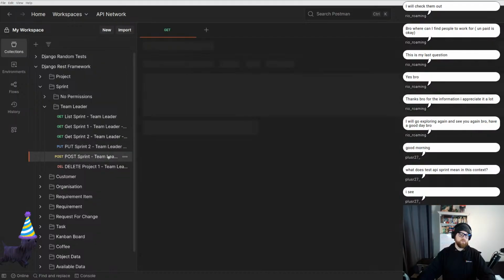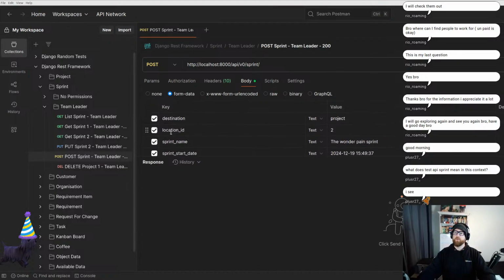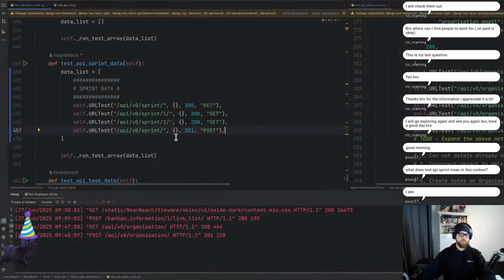We're going to go with the post. We're going to have a look at the body. We've got a couple of bits of detail in here. We're just going to copy and paste. All right, so we've got the destination location. So in here,